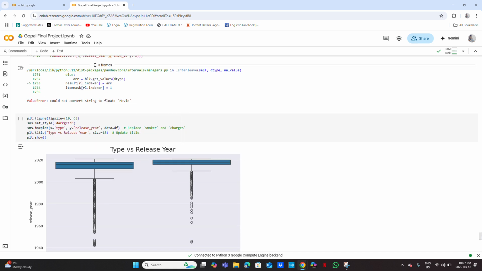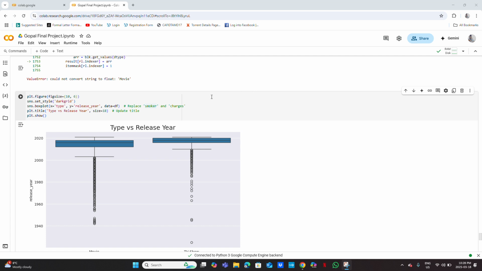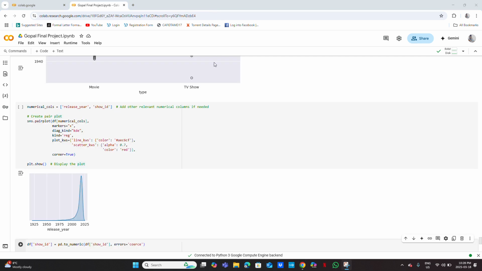It is a very efficient method, and the pair plot is another evaluation method. It shows the relationship between two numerical values as well as the distribution of each variable. Here it shows that movies are released more often than TV shows. And this pair plot diagram shows that movies are mostly released in certain release years,